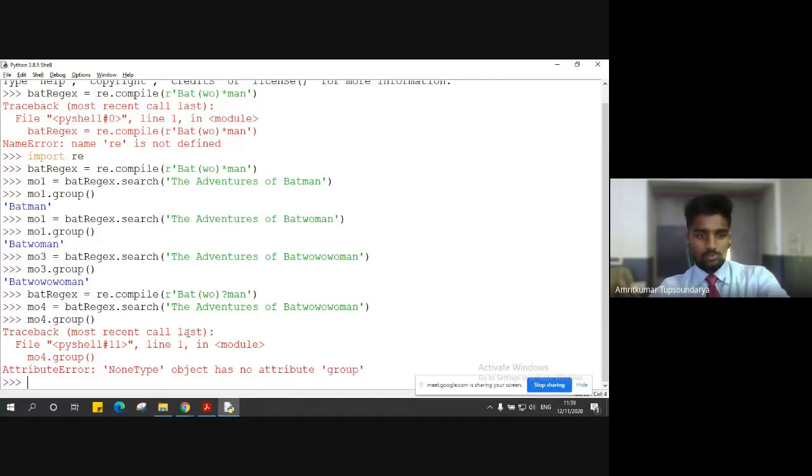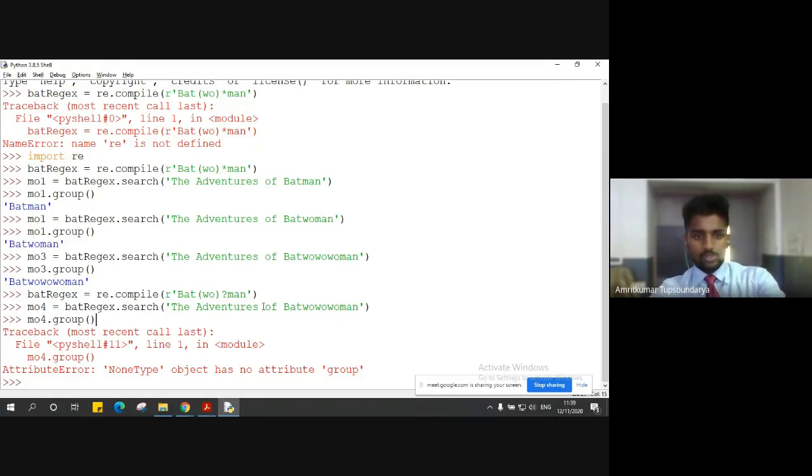The reason is that though the text is present according to the regular expression, the question mark can only match either zero instances or just one instance, not more than that. But in our case, we have more than one instance, so it will store a null value in the object MO4, as the match object is null or NoneType, and that's why we see the error here.